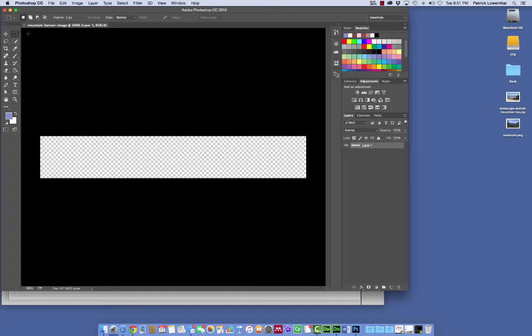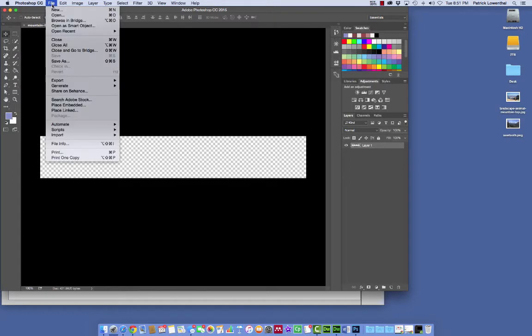For me, the main things are to know that I'm going to use mostly these tools on the left, and when I click on one of them, so if I click on the crop, this up here adjusts no matter what I do. And some of these, if I click down on one that's got a little triangle, there's other options. And so with that in mind, I'm going to go to